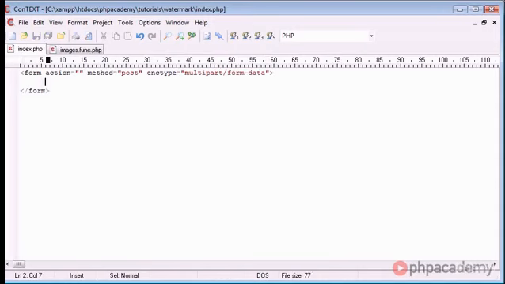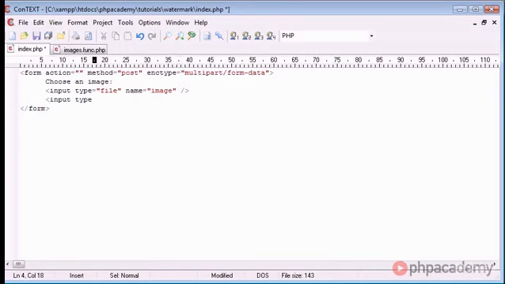So inside here we can now start to write out our form. I'm just going to say choose an image, and on the next line I'm going to create an input field for the actual file itself. So the type will be file. The name of this is just going to be image, and I don't think we need any other attributes there. We then go ahead and create our submit button, obviously, so we can actually submit this form. So the input type for this is going to be submit,